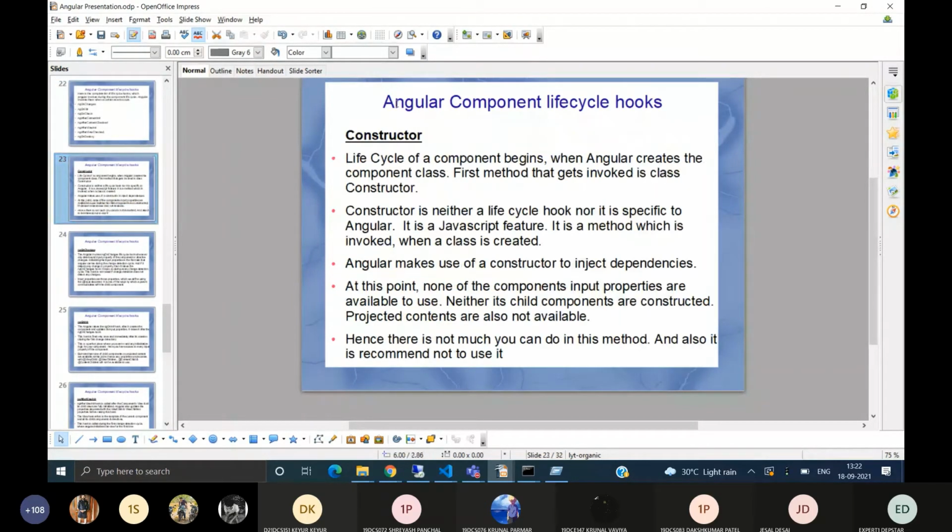Let us first discuss the constructor. The lifecycle of a component begins when Angular creates the component class. The first method that gets invoked is the class constructor. So in our app,